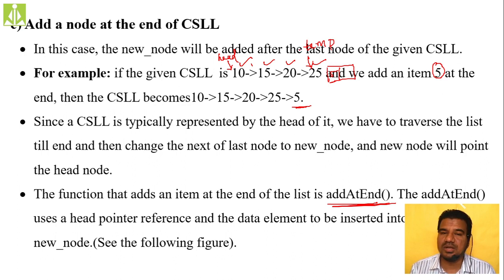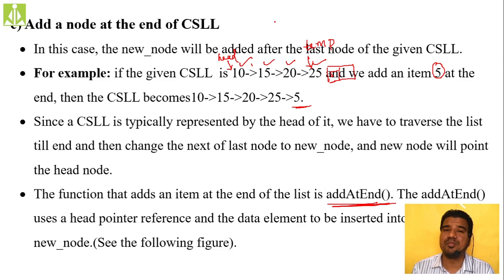This doubt came from the student who came to me for the discussion. He said, sir, can't we maintain this temporary pointer forever? Why do the traversal each time when we are calling this function? So I told him it is not possible that we can maintain more than one pointer to your linked list. It is possible to have only one pointer at any point of time. That is the head pointer only. Head pointer is the reference, and using that reference only we have to do all the operations.